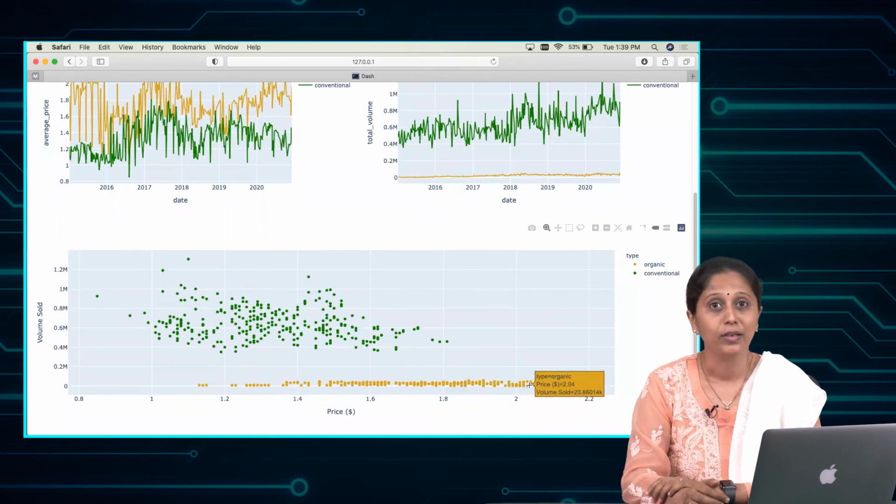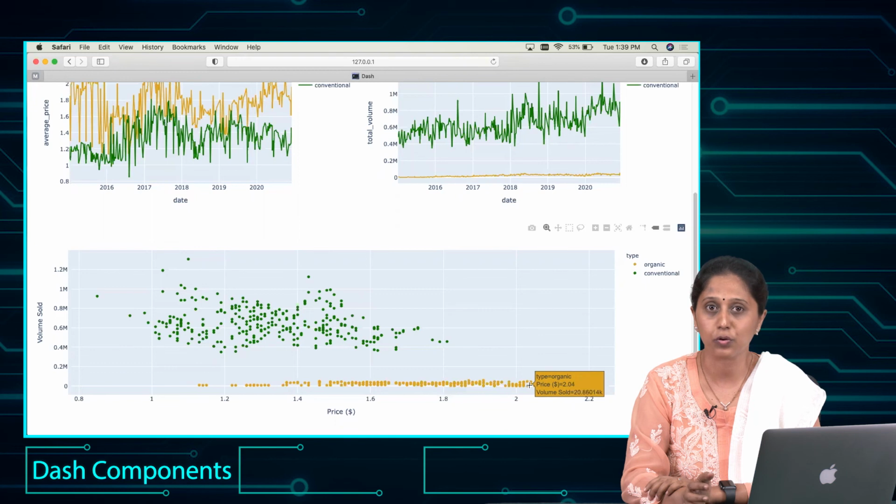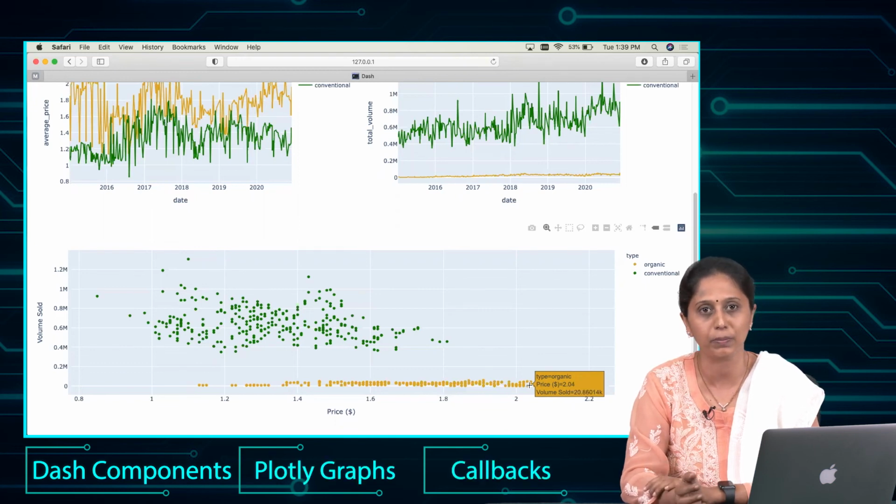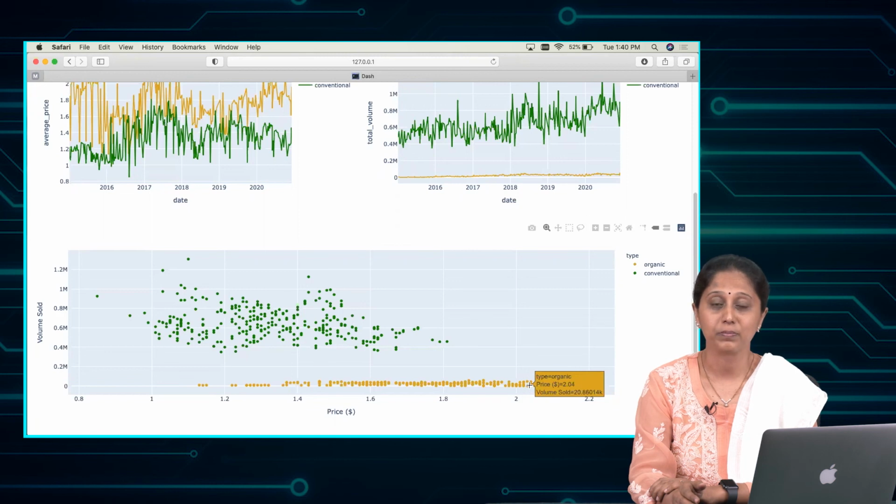To summarize, we worked with 3 pillars to build the Plotly Dash application: Dash core components, Plotly graph, and connecting the two using the callbacks. With these 3 pillars, you would be able to create simple to most complex dashboards with just Python. As they say, practice makes perfect. I encourage you to try different chart types and interactivity using the dashboard documentation and sample datasets.